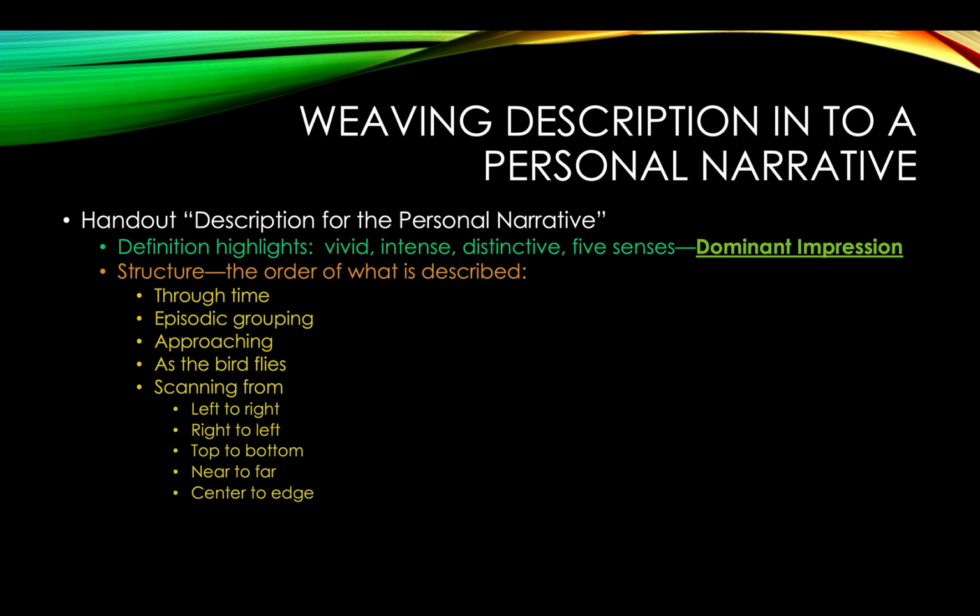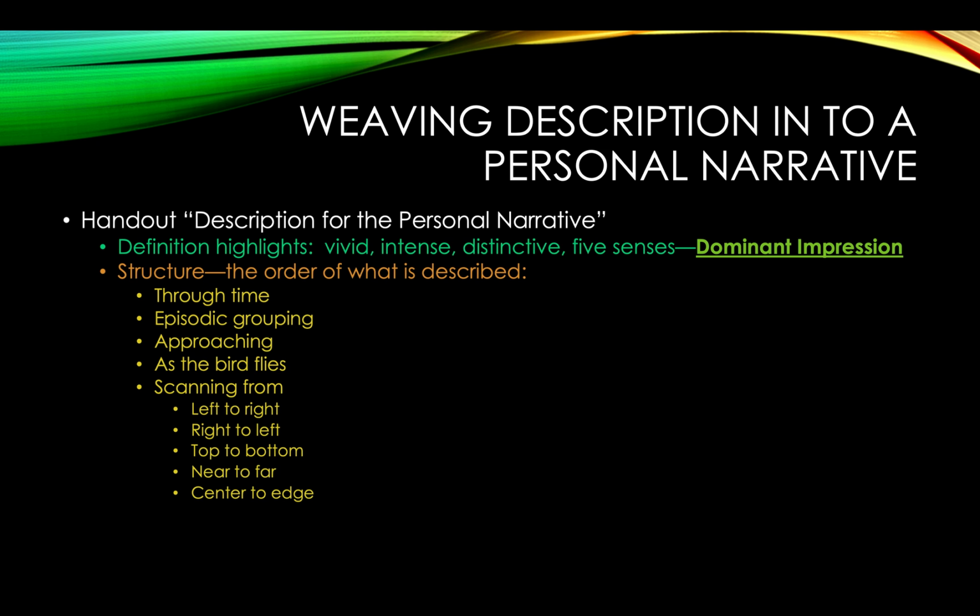Or you can do it as the bird flies. So you just have to think about a bird flying in the sky looking down, right? And you could see like the map, and you could see where my house was, and you could see where the school is. And so then you can see how that all transpires. You can also do some scanning. So if you're going to describe something looking from left to right, whatever you see on the left, and then you describe as you scan to the right. And that's the same with right to left, right?